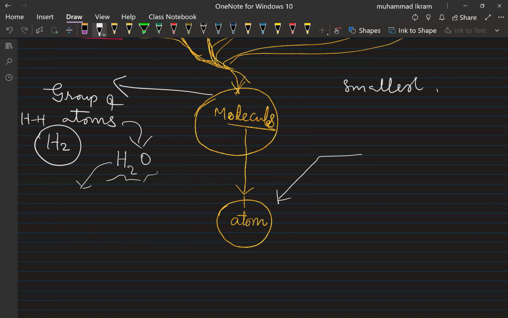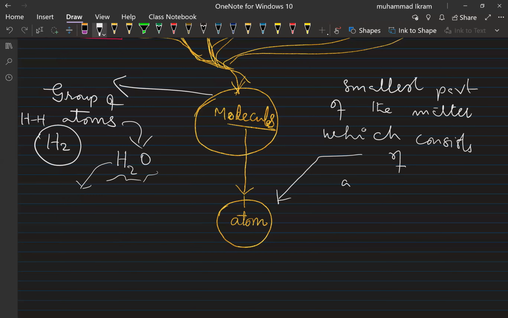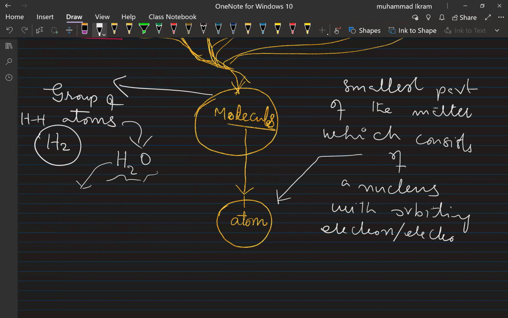The smallest part of the matter, which consists of a nucleus with orbiting electron or electrons. Why do I use electron or electrons? For example, electron when it is a hydrogen atom, there is only one electron. And electrons when it is other than hydrogen, like helium or like oxygen, then they have